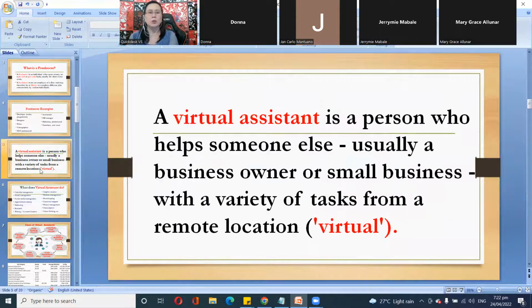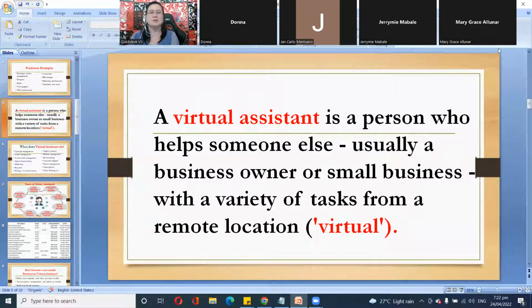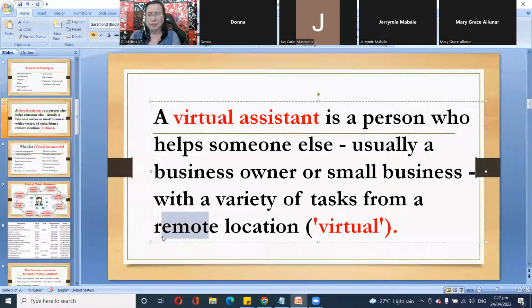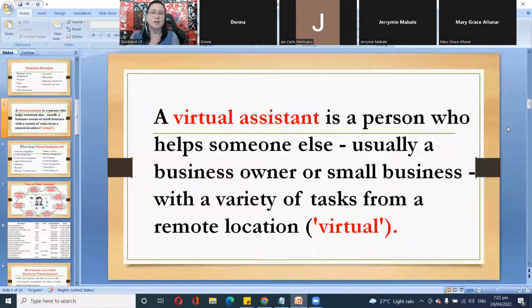Okay, let's proceed to virtual assistant. So ano yung difference? A virtual assistant is a person who helps someone else, usually a business owner or a small business, with a variety of tasks from a remote location. Okay, so from the word remote, ito yung in other words, virtual. Okay, remote meaning wala ka sa isang office, kundi nagtatrabaho ka kahit saan. Okay, pwede kang magtrabaho sa hotel, pwede kang magtrabaho sa bahay, kung mag-travel ka, pwede ka rin as long as